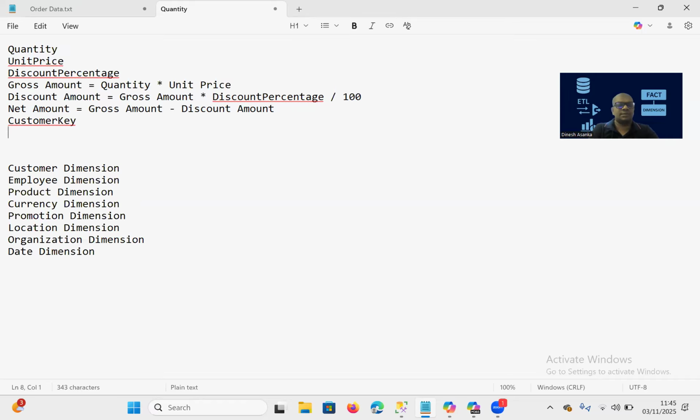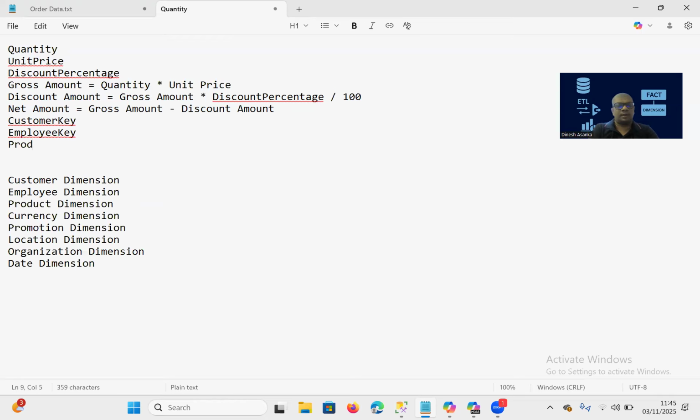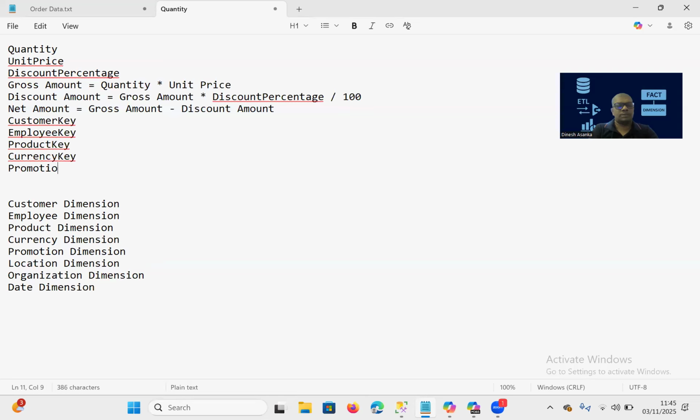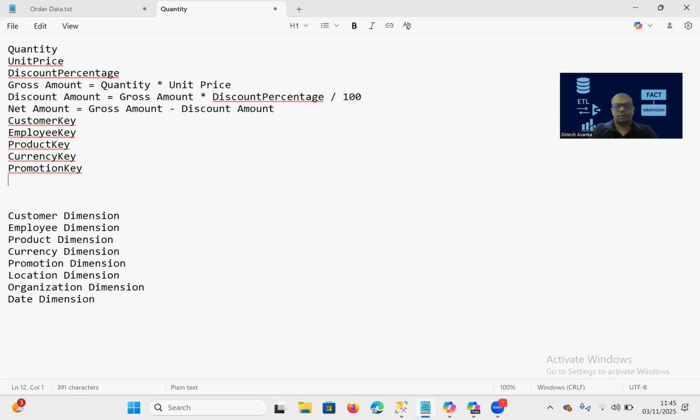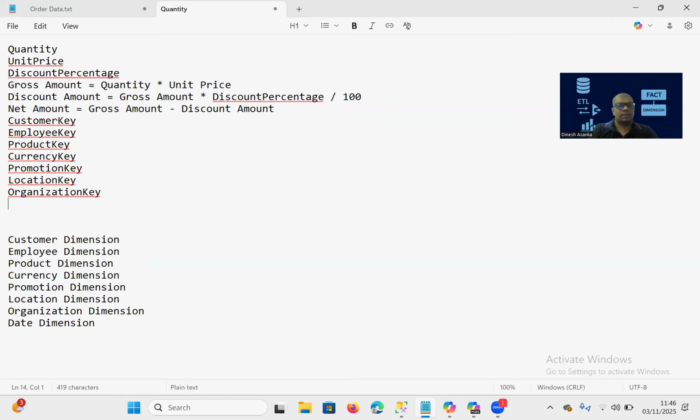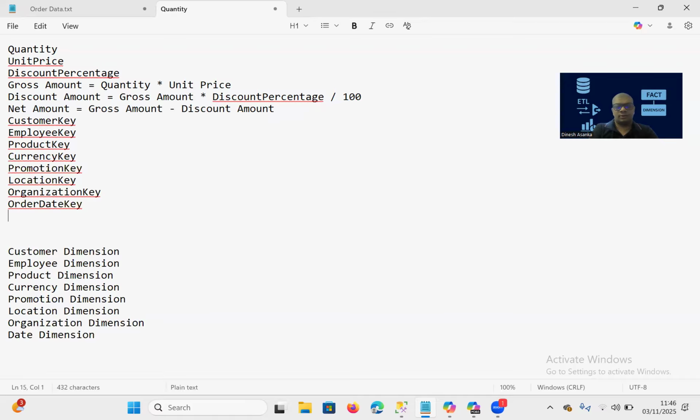If you want, you can say customer key, employee key, product key, currency key, promotion key, location key, organization key, and then for date, remember we have 2 surrogate keys for that. That is order date key, order